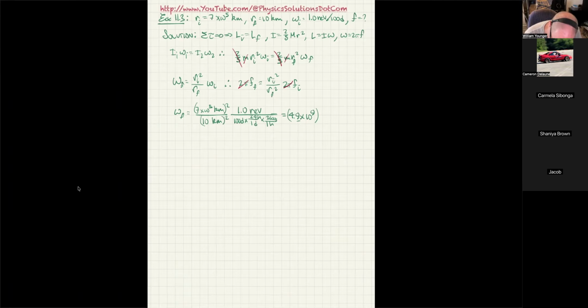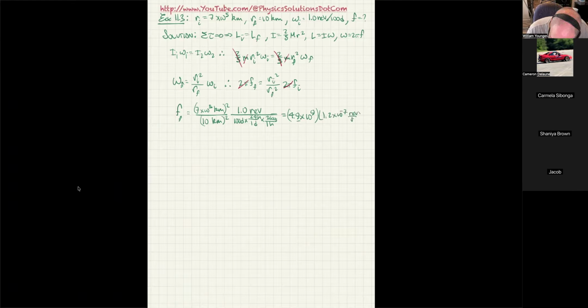And this is supposed to be just plain f. I don't know why I wrote it as omega. Let me fix that real quick before I mess up. That's just going to be f sub f. But this frequency that was 1 revolution per 100 days turns out to be 1.2 times 10 to the negative seventh